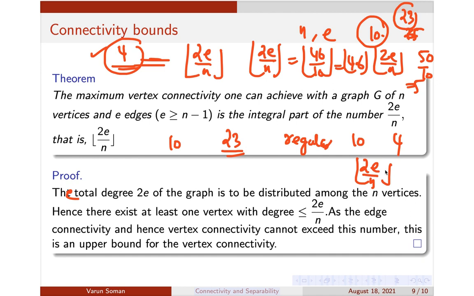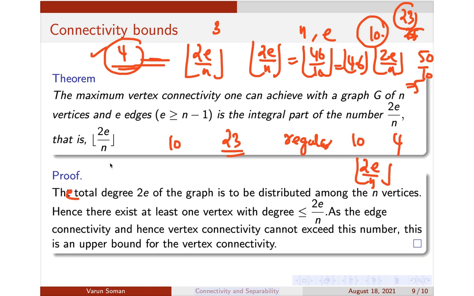Is that clear? Once I construct that, how many degrees have I distributed? I have distributed 40 degrees in total, whereas there are 46 degrees in total, or 23 edges. Basically I have distributed 40 degrees, or 20 edges. Again, 3 more edges are remaining, and that is also simple. Once I construct the regular graph, 3 more edges are remaining in this example. I will arbitrarily distribute these 3 edges. You can distribute them in any way.